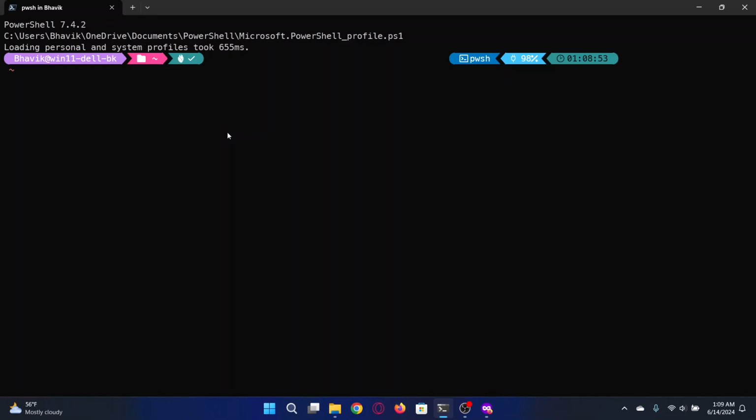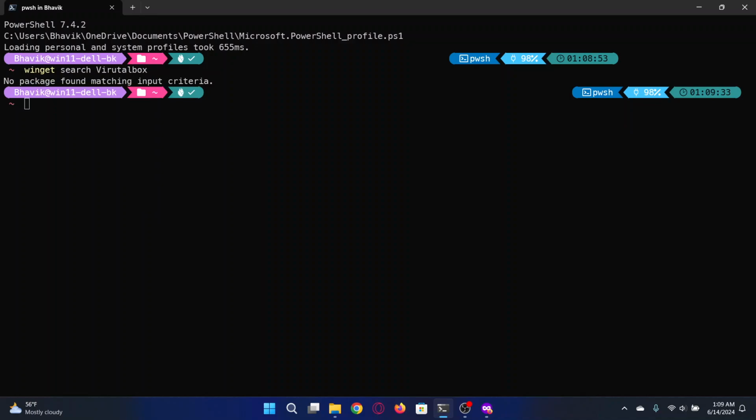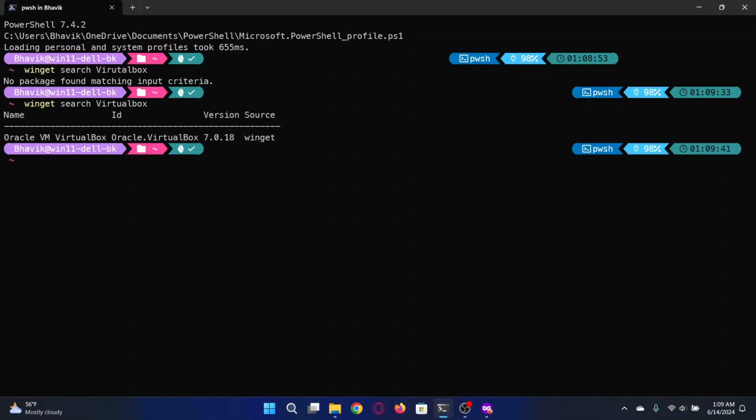So Winget is a package manager. It's similar to what we have in Ubuntu called apt, or if you are using Mac, then you may be aware of Homebrew, the brew package manager. So it's similar to this in Windows. It's called Winget. So we can search for VirtualBox, and then you need to spell that correctly to be able to find it. Yeah, and it found it. So then you can just install